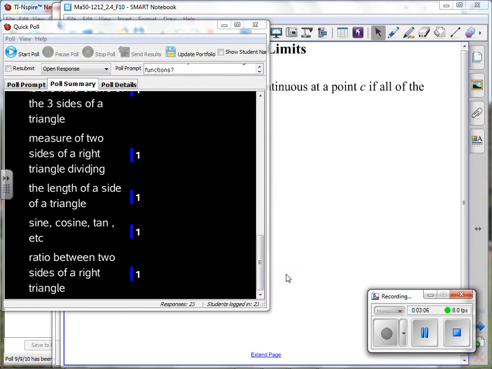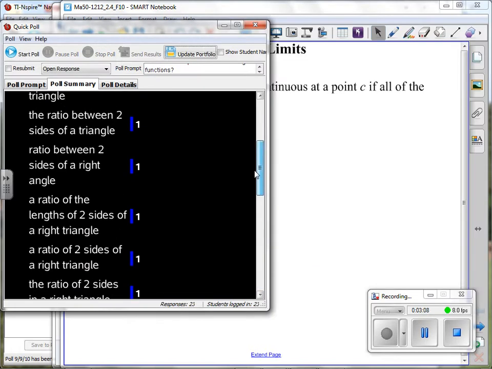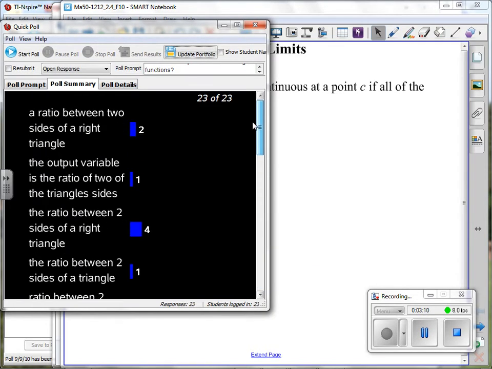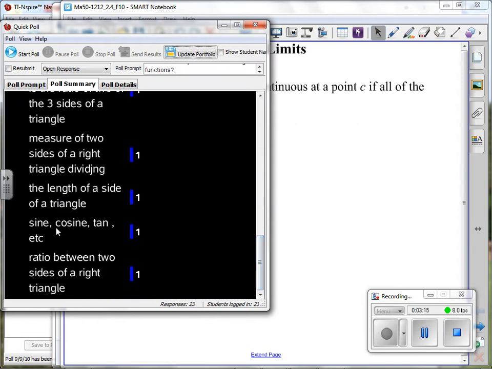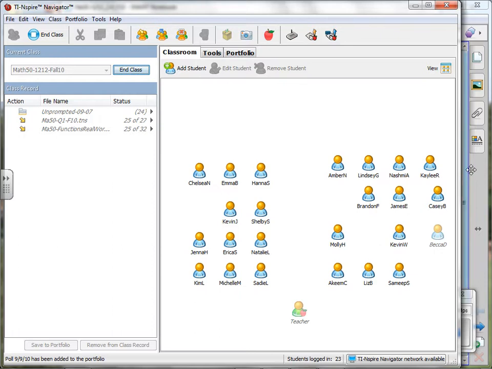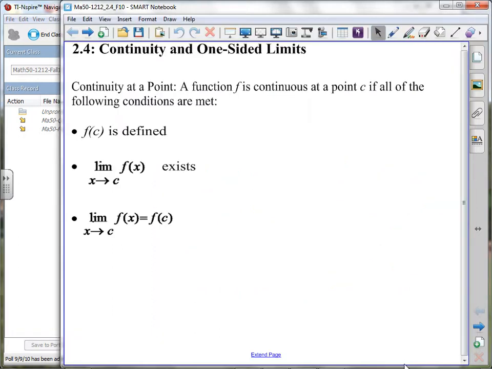Forgetting to record now. I'll just go back and repeat that we've got some very good answers here, and that when we're talking about this answer, these are the names of the functions. I'm just doing this for the sake of the recording now. These are the names of the functions. They tell us what two sides to use in our computation of the ratio. Okay, let's then put that aside, and we'll go to our notes here.